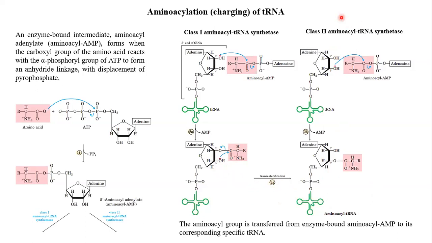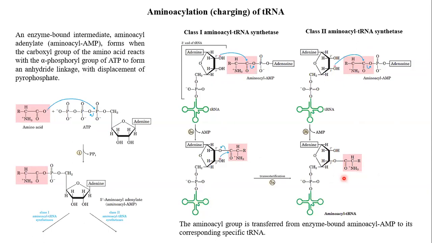In the class 2 amino acyl transfer RNA synthetase mechanism, directly this 3' OH attacks this carbonyl carbon, CO, and a direct bond is formed between this 3' OH and the amino acid. Okay, so comparatively this class 2 mechanism is direct and this is indirect. First the amino acid gets attached to 2' and then shifted to 3'. Now the obvious question is why it happens. Like if the amino acid has to get attached to 3', why does it get attached first to 2'?